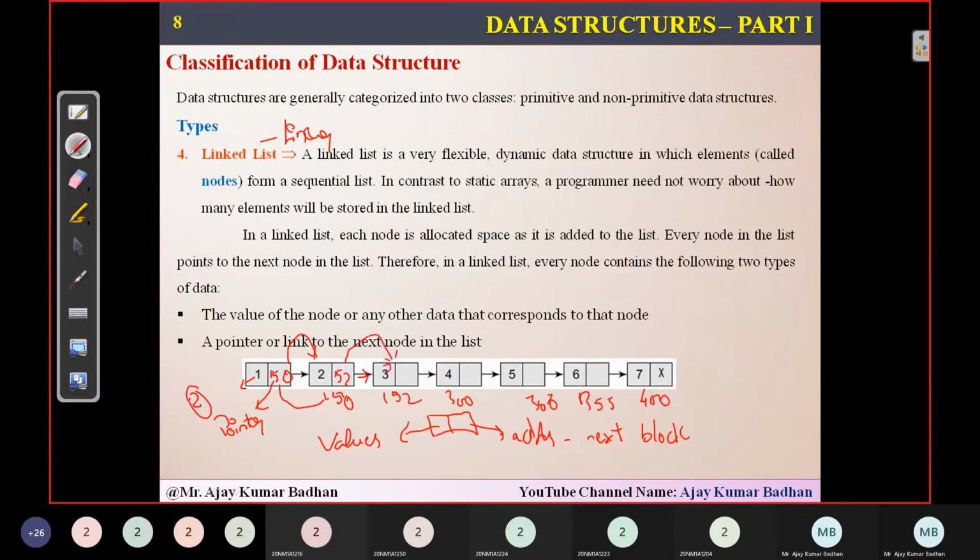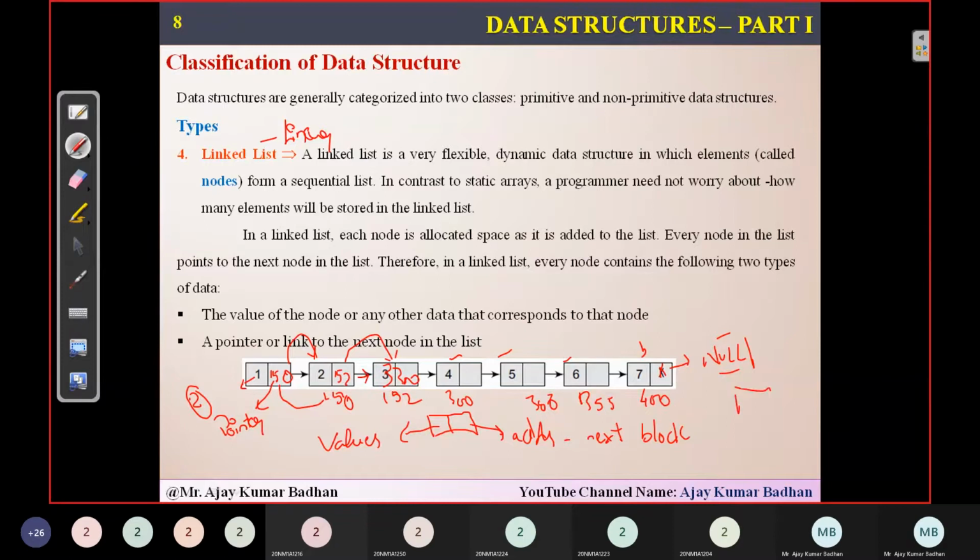So whenever you have finished adding all the elements in this way, and finally you don't have any other element to add, then the last block, the second part of it, will be represented with X for representation. But when you're using it within your program, you will be representing that with a null pointer, with a null. Null in the sense that there are no new elements present, so you don't have to generate any new address in order to store.